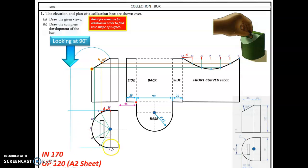So my width is going to be the same, 6 and 12. And there's that. And we know that's going to be 90. There's no right that, but this distance is going to be different now. This will no longer be radius 45. So there's 0, 6 and 12, I should say. So I bring down 11 and 7, and I bring them across there. I bring down 10 and 8,